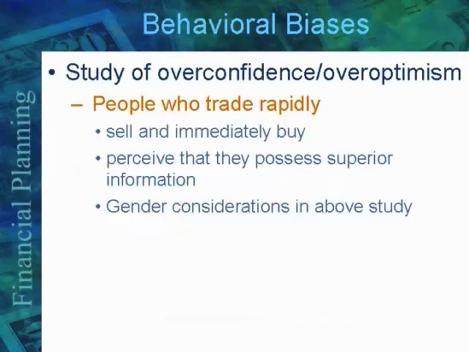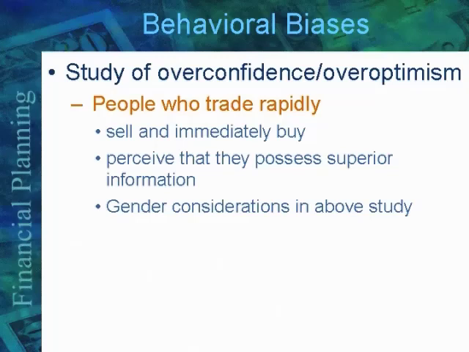All right. There are lots of studies of how overconfidence and over-optimism work, and the best study was of the day traders in the tech.com time, where people who trade rapidly think they know something that no one else does. The millions of people were digging for information, but the day traders know something that these millions of people don't know or cannot know. So they're selling and buying quickly. They know this one's going down, sell it, buy it, and they perceive that they have superior information. And invariably, these are the people who take the biggest hits.